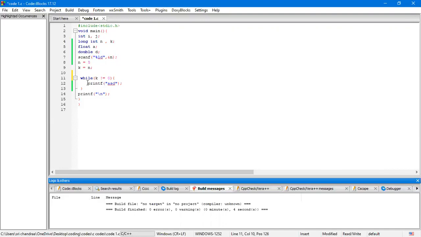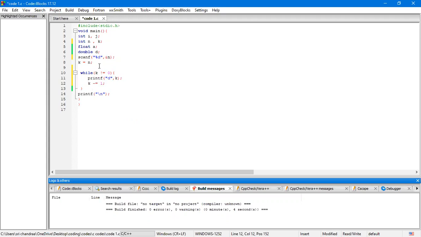Here I'm initializing k with n, where n is whatever input the user gives in. Whatever input the user gives, that value is taken as k.